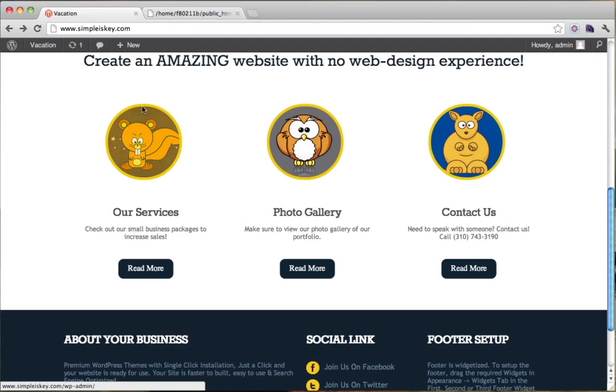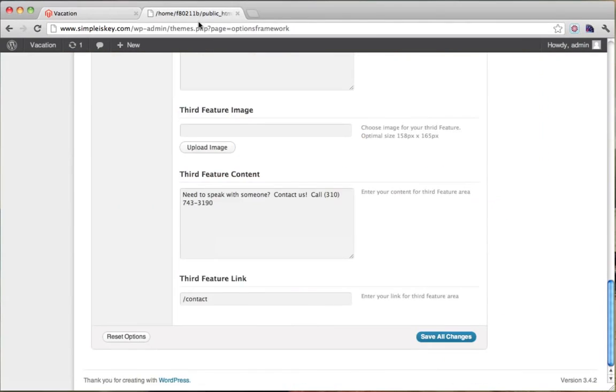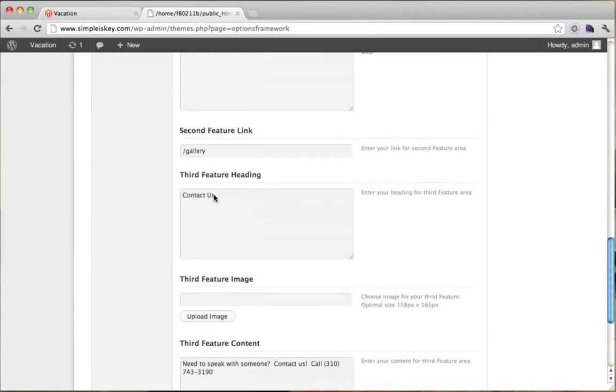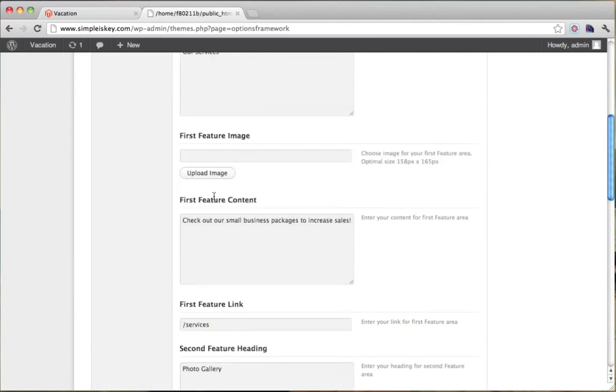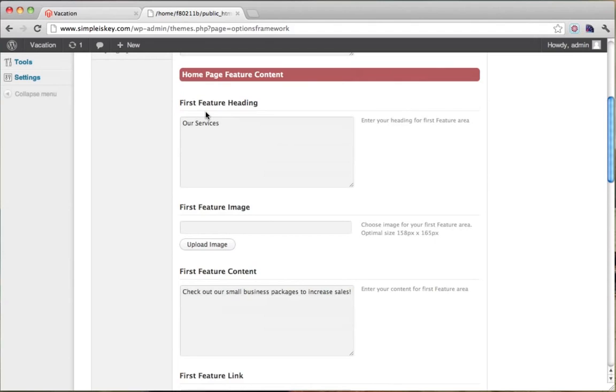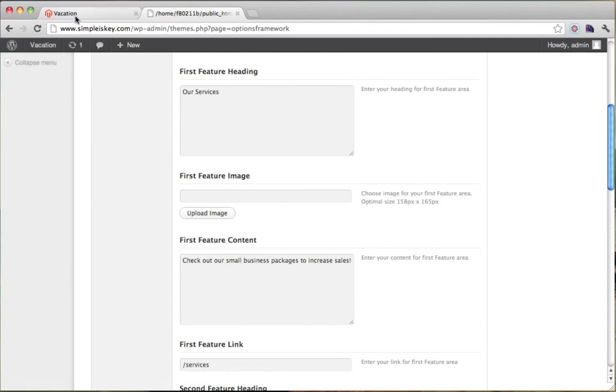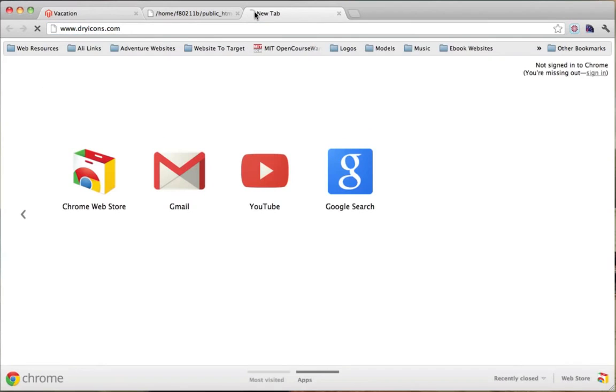Okay, and just know that this website makes these circles for you. So you don't need to do the circles, you just need to upload the image and it will have the circles automatically. Alright, so let's see how to do that. Here it says upload image, so it's pretty simple, but where do we get some icons? I like to go to a website called dryicons.com